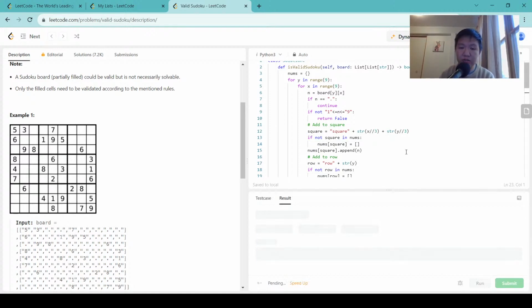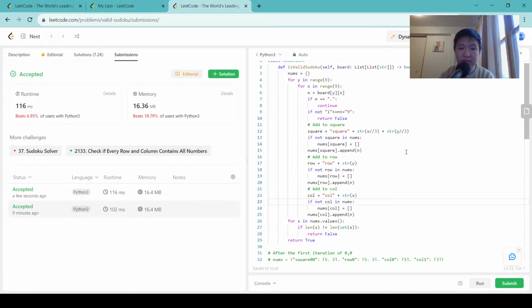I think this should work. But it's going to take more. It does not take more memory. It takes about the same amount of memory. That is interesting. I did not think that was the case. And that's because I actually added more things to nums, which means I'm persisting more things in nums. But the fact that these two things don't differ that much suggests to me what's really happening